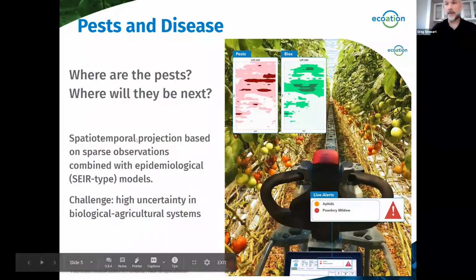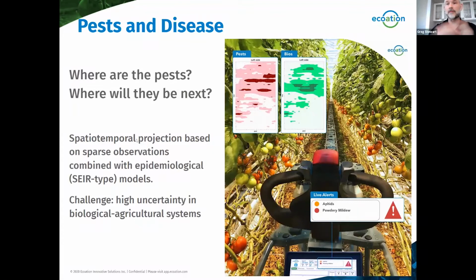Pest and disease, this one is really interesting. And really what we're trying to do is understand where are my pests in the greenhouse and where will they be next, right, is even a more important problem. You can see a typical map here where you have the pests and you can see how they're distributed in the greenhouse. And you can see these guys, there's kind of a hot spot here and maybe a few others, and then a lower amount of pressure at these other areas. But what will end up happening is these things tend to spread over time. So if you don't get on top of them and know where they are, it can take over the greenhouse and wipe out your crop.